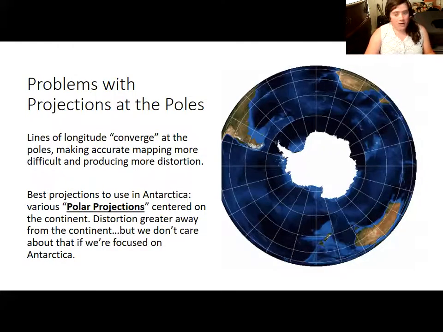So the fact that the lines of longitude converge at the poles means that we had to think of another system. We had to develop a polar projection that is based on the South Pole, or the North Pole if you're studying the Arctic, as the center. This means that the distortion is going to be more noticeable away from the pole, but we don't really have much interest in mapping Africa or South America when we're talking about Antarctica. You will often see that a world map with an equatorial projection will have a little inset with a map of Antarctica that looks like this to show you more accurately what the continent looks like.